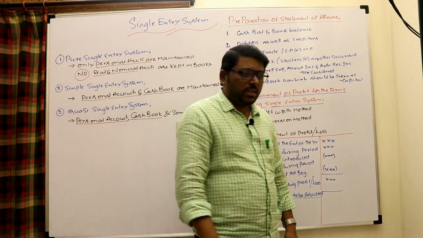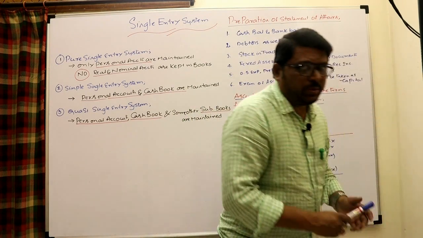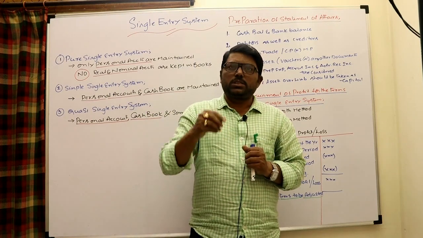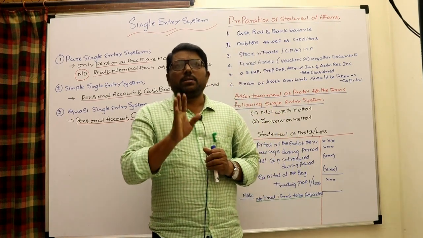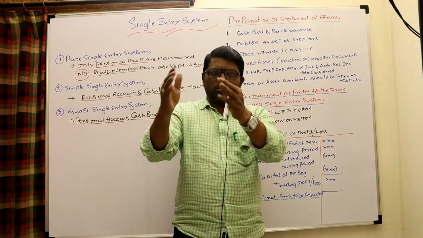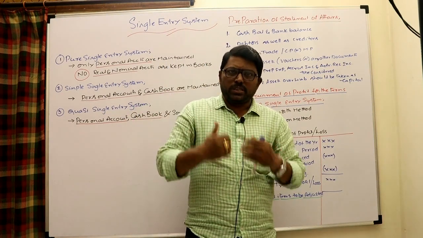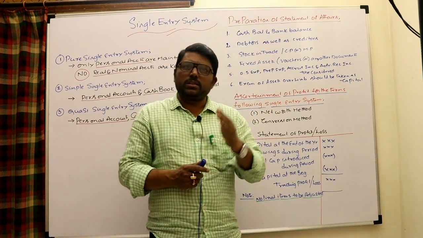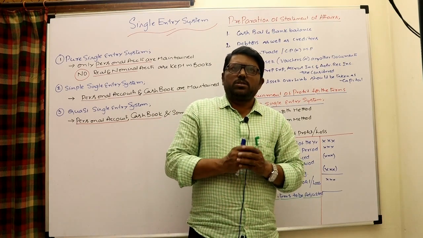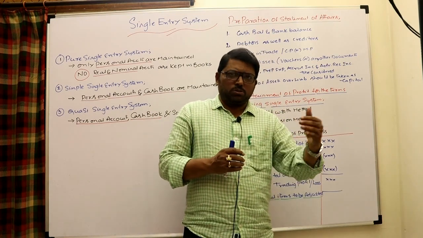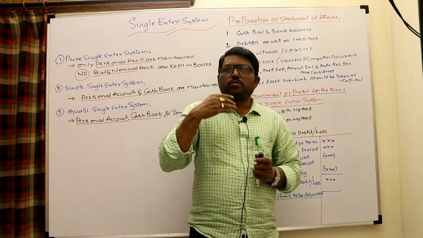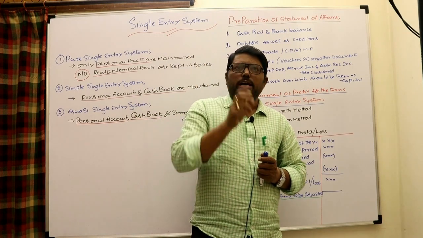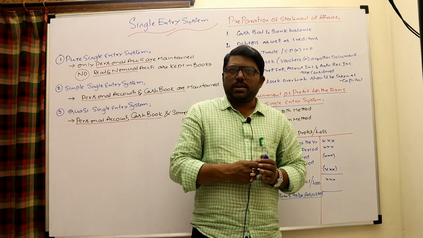In the single entry system, normally we maintain throughout the year a cash book to record all the receipts and payments. Secondly, they maintain personal accounts to know how much amount is due to others and how much is due from others. Irrespective of the scale of the business, one should maintain this cash book as well as personal accounts. These two are very important: the cash book shows what is coming and going, and personal accounts show from whom the amount is due and to whom I have to pay. Both are normally maintained in single entry pattern.